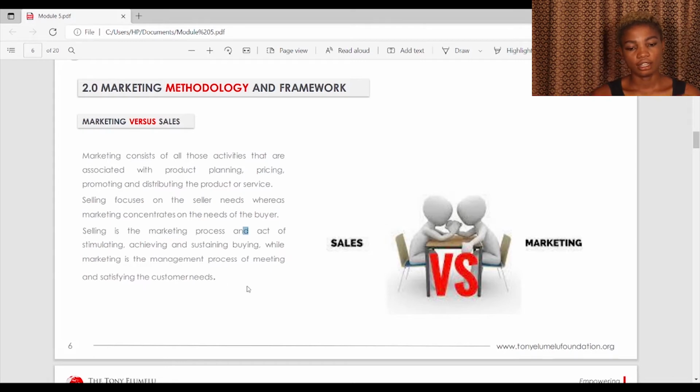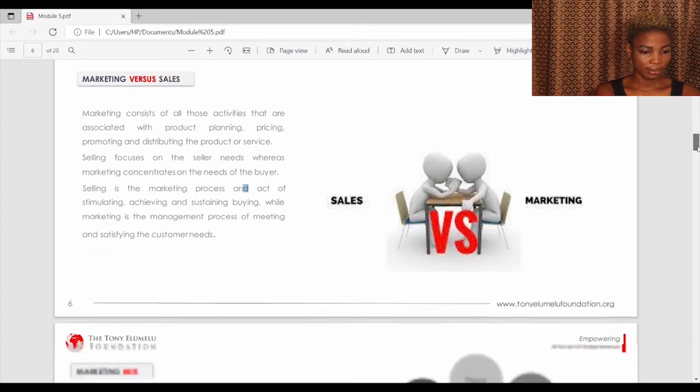You know, it's just like I think in Module 4 we came across advertising, and here we're coming across selling. So that's to tell you that these things are all inside marketing. They are part of marketing, but marketing has to do with all the process that is involved, from the production to the pricing to the mode of delivery and all that. Whereas sales focuses on the activity of the buyer and how to satisfy the buyer. That's just the focus on the sales. So next thing,